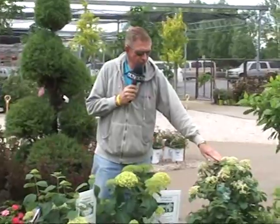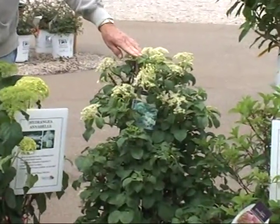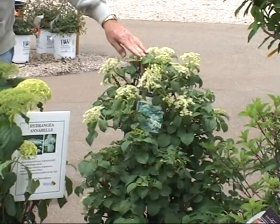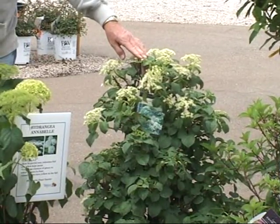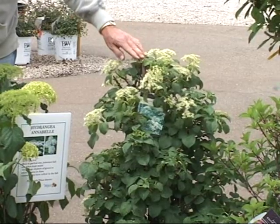We're going to start first of all with the climbing hydrangea vine. Very special vine for shady areas. A little slow to start, but once it gets established, it takes off, and as you can see, magnificent with